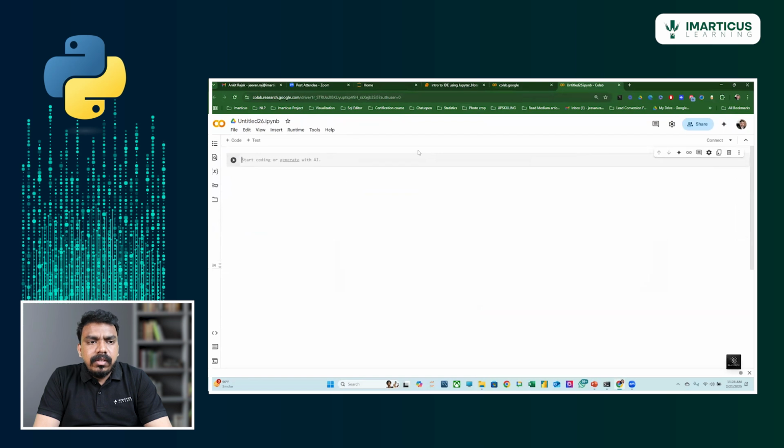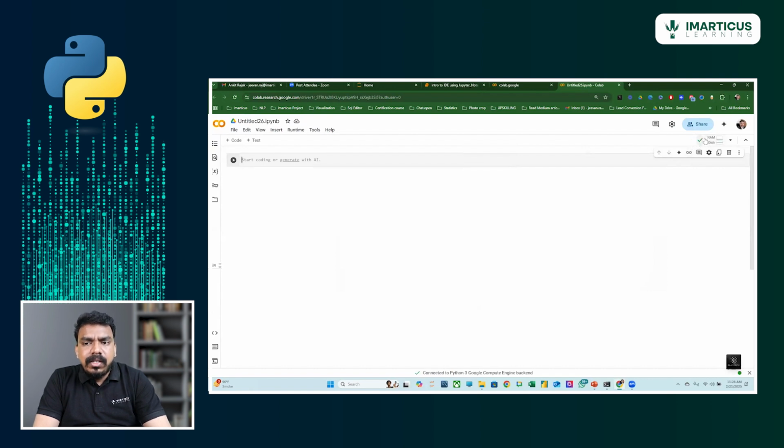So while working with Google Colab, you want to make sure that you are connected. In the top right, there is a connection option. It is not connected yet. If you want to connect to your Google Colab, you want to click on this. It is connecting to the server, and it takes 1 minute or less to connect,